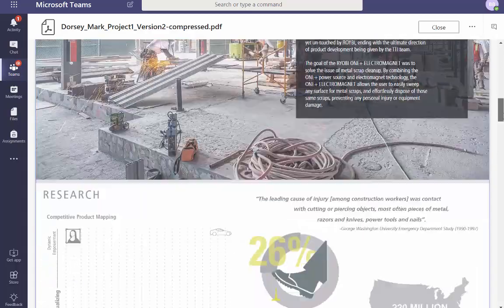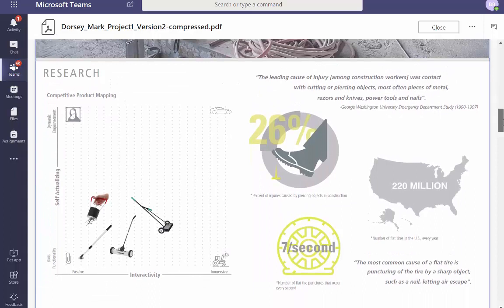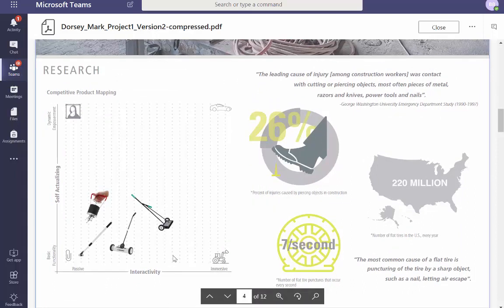I don't want to read this, so I'm not. Product research. One downside of this is if I'm not familiar with the PA map, it doesn't mean anything. So I'm going to imagine that I don't know what it is. What are you trying to solve? That should be bigger. And it's not so much injury with construction workers, but also vehicles, flat tires.